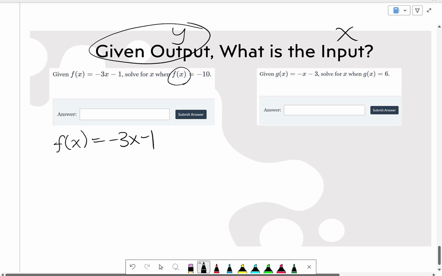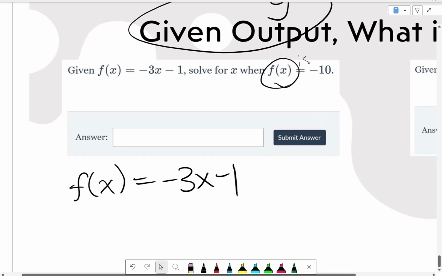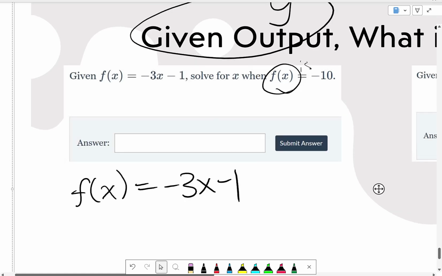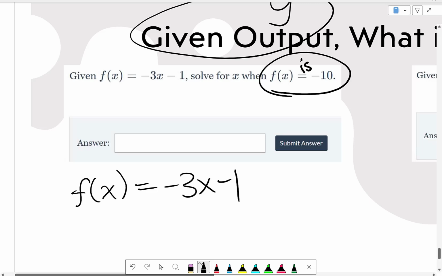So if you notice, it says f of x is, let me zoom in, f of x is right here, negative 10. So, I'm going to make it easier to read, is negative 10. So we need to use that information. So again, this is another form of substitution. So f of x is negative 10. We don't know the x value here. That's why it says solve for x, because